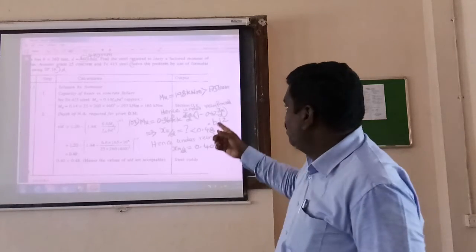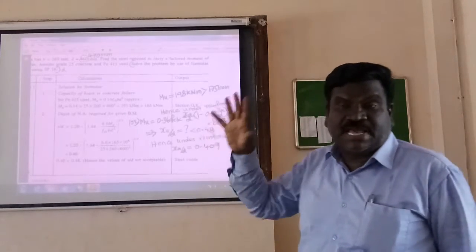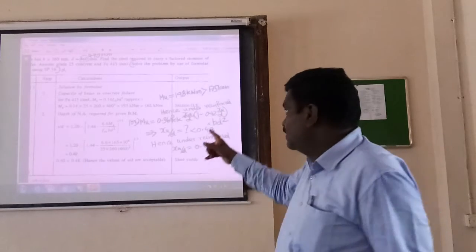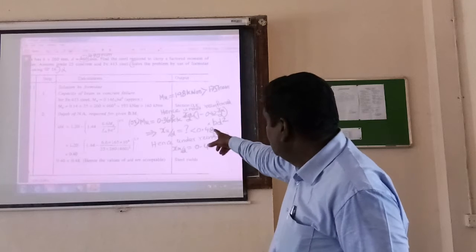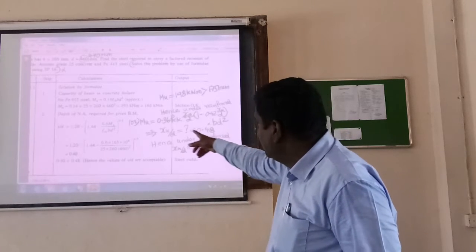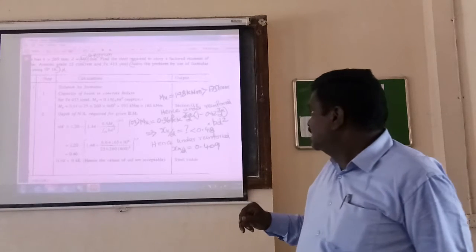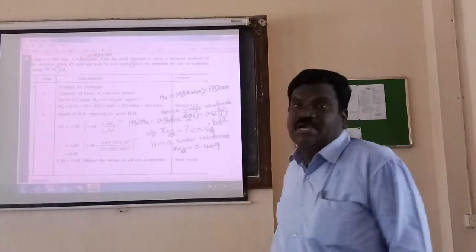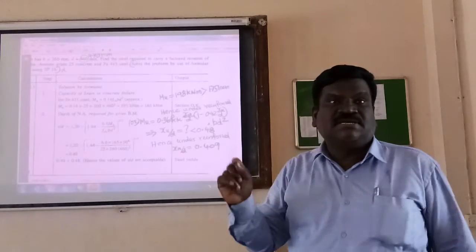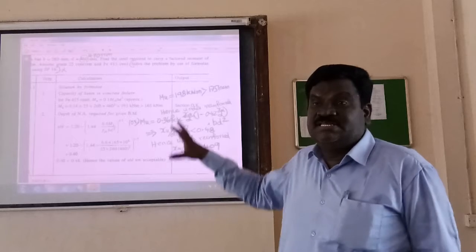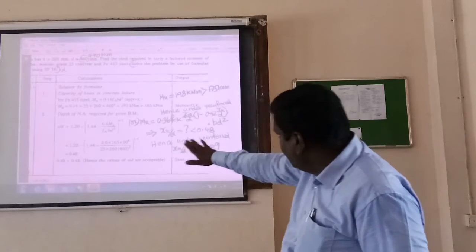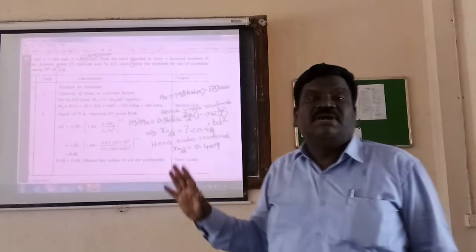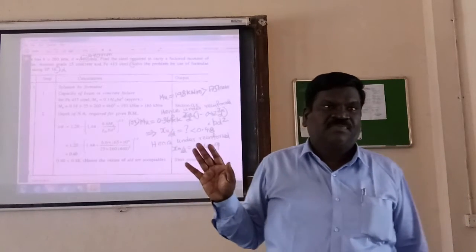If you don't like to solve a quadratic equation, this is another way of computing. How do you compute? You have to determine the actual x by d ratio. You will be getting less than 0.48. Hence, we are getting 0.409. Hence it is under-reinforced. Once again you can tell, this matter he has done in a different way than I have done in a straightforward way here. But this computation is not necessary for you.